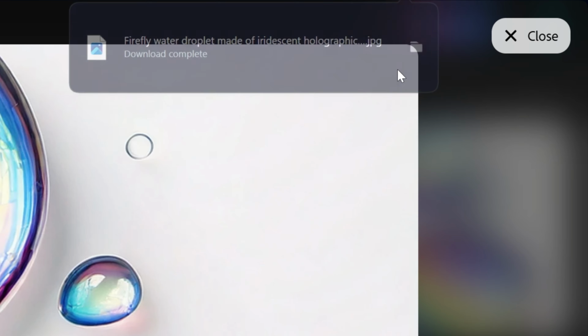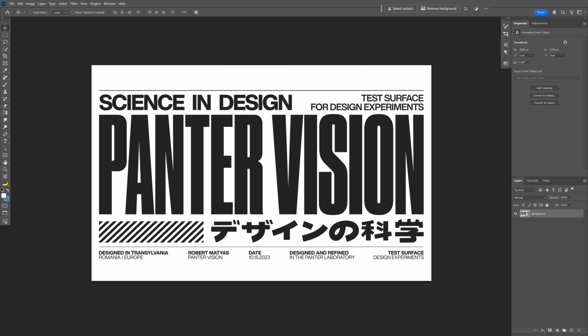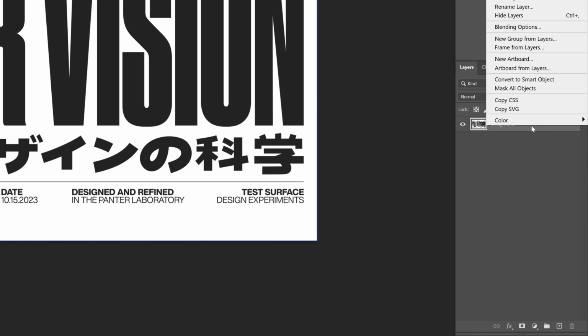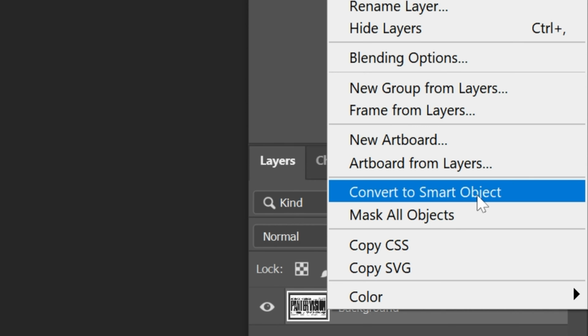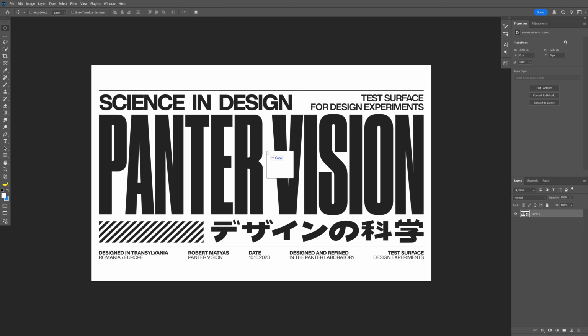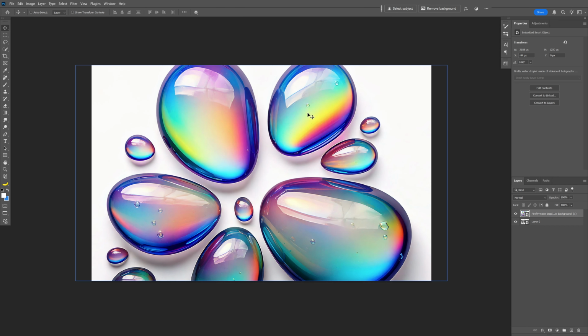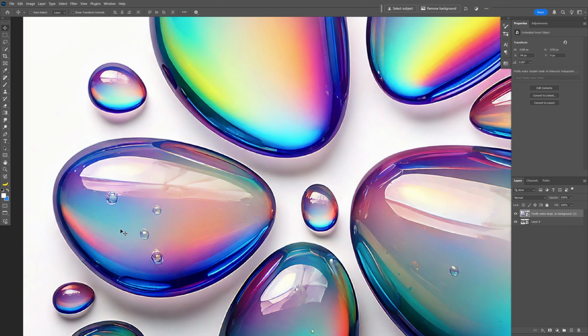Click on download. Now let's go to Photoshop, and I'm going to go with this poster. This is my artboard size. And here we're going to go to the background layer, right click on it, and click on Convert to Smart Object. Let's drag and drop the water droplet. I'm going to press and hold Shift, scale it up. As you can see, we got quite a bit of details in these water droplets, and first we're going to